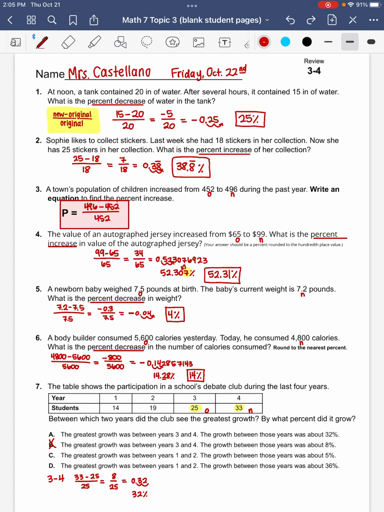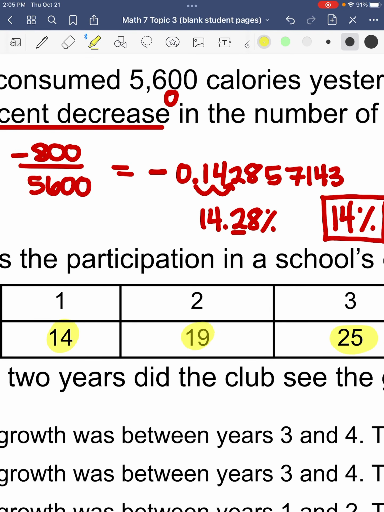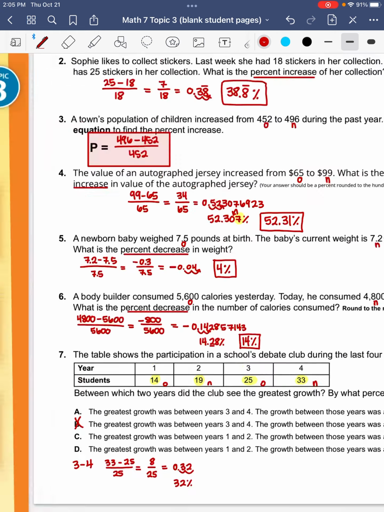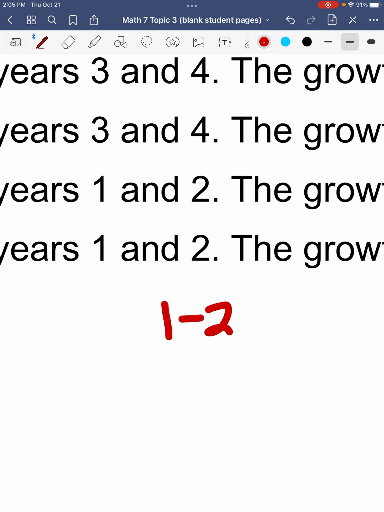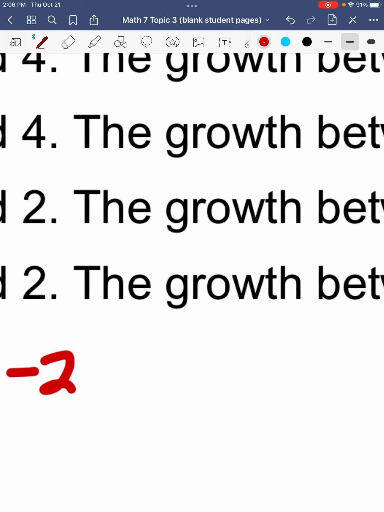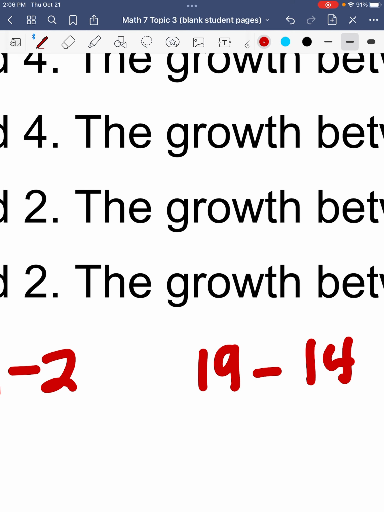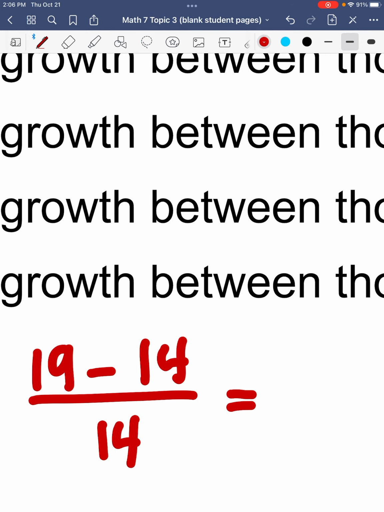Okay, now I'm going to look at the years 1 and 2 to see if that might have an even greater growth. So for years 1 and 2, I'm focused on 14 and 19 as my quantities. Which one is my new and which one's the original? Well, 19 in year 2 would be the new, and that means that 14 in year 1 would be the original. So between years 1 and 2, we already established that 19 is our new amount, so 19 minus 14 divided by 14. Well, when I simplify this, 19 minus 14 is going to be 5, and 5 divided by 14,